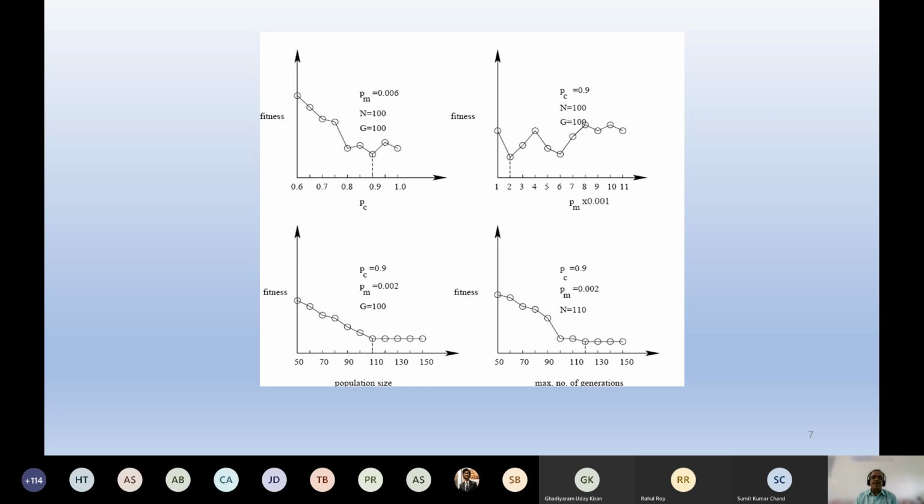Now, the quality of the genetic algorithm solution depends on a number of parameters like probability of crossover, denoted by PC, probability of mutation, denoted by PM, then comes the population size, denoted by capital N, maximum number of generations, that is Gmax, and so on. Okay. Now let us try to understand the grammar of the genetic algorithm and how you can set the optimal parameters knowing the grammar of the genetic algorithm.